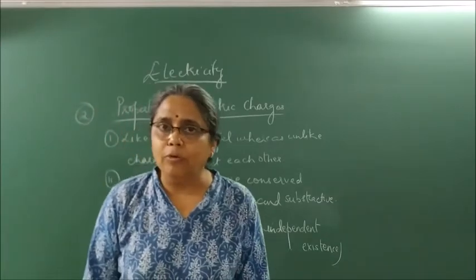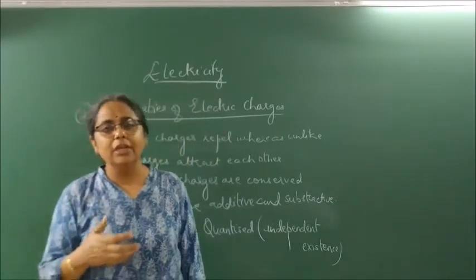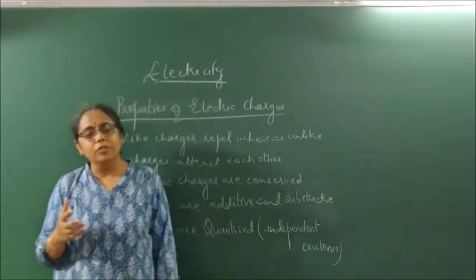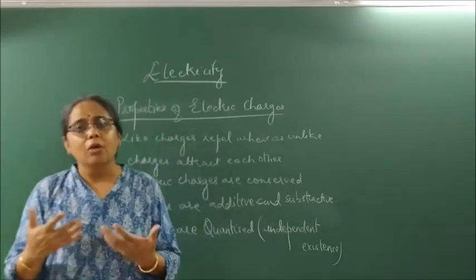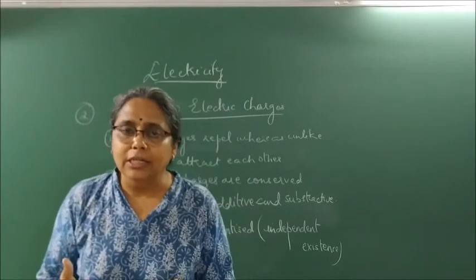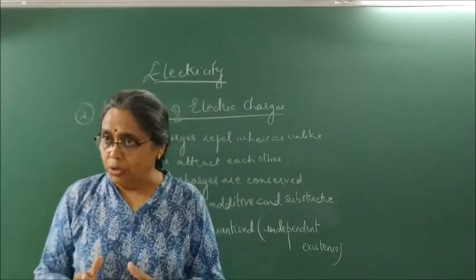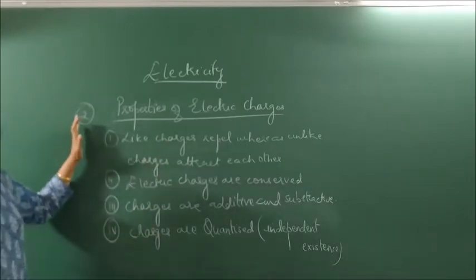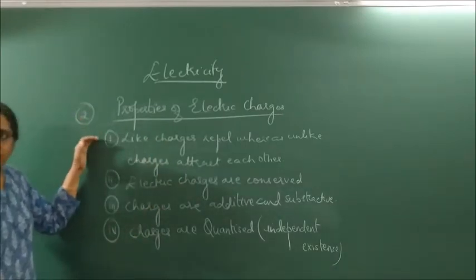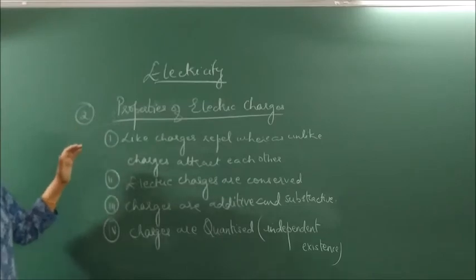Okay. So what is basically current electricity? Current electricity involves the flow of charges or involves the study of moving charges. What is the SI unit of charge? The SI unit of charge is coulombs. What are the different properties of charges? We know the first one very well. We say like charges repel and unlike charges attract.